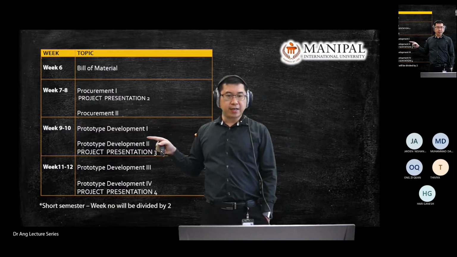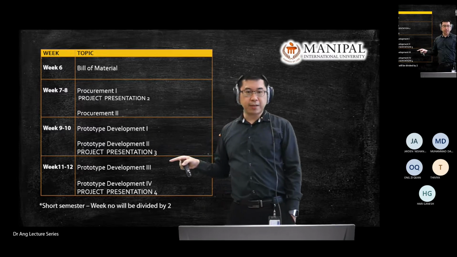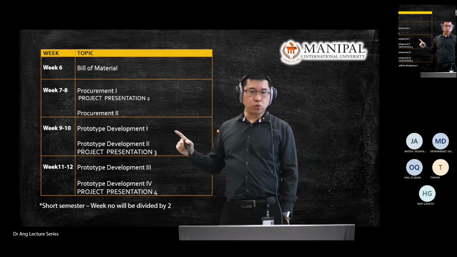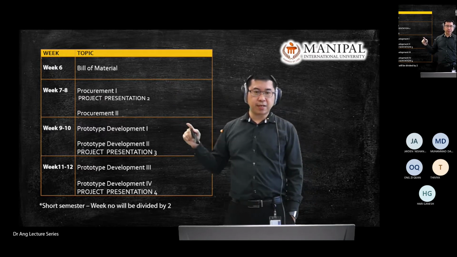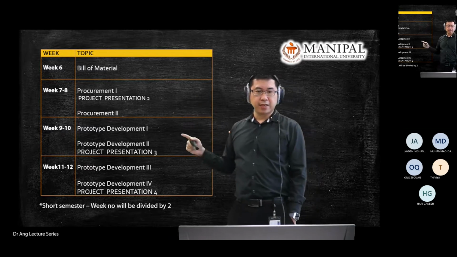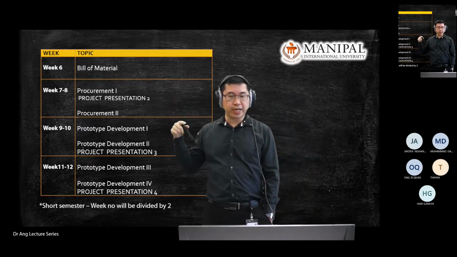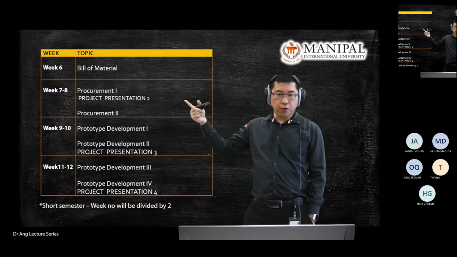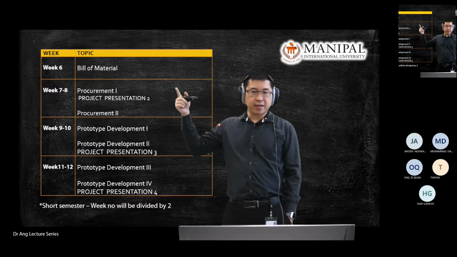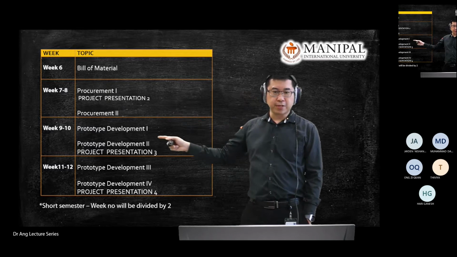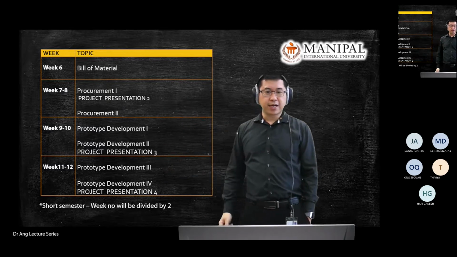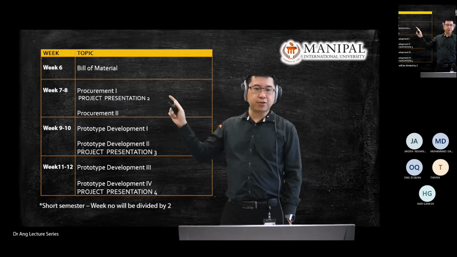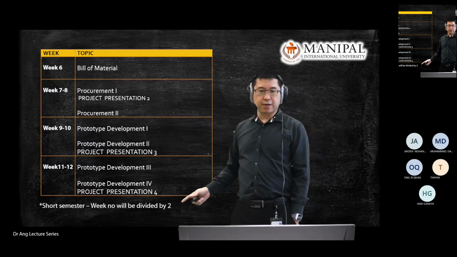Then in week 9 and week 10, we will look at the prototypes. Let's see how we go. If we can, I would like you to start your prototype building as early as we can, so that we can run a parallel process. Maybe as early as week 5, or week 4 later, you can start building your prototype, and we will run all of this in parallel. We will touch one topic per procurement, and then look at the prototypes and so on. But these are the plans on paper.